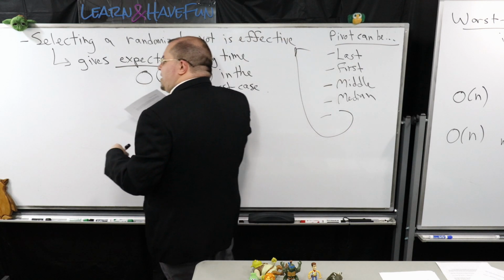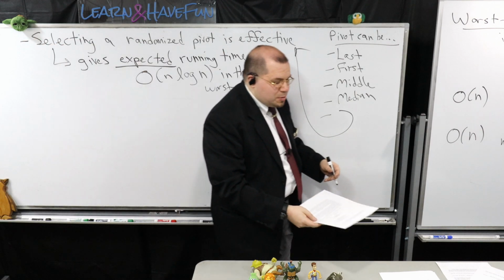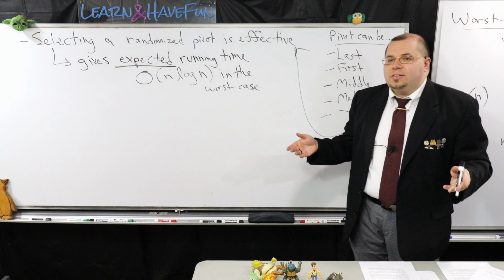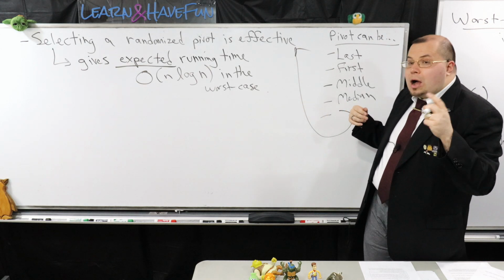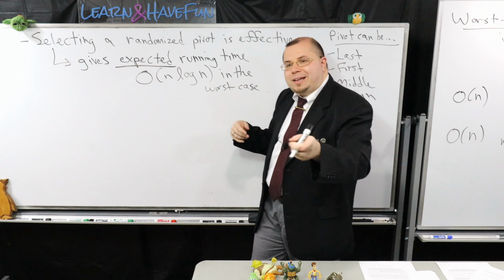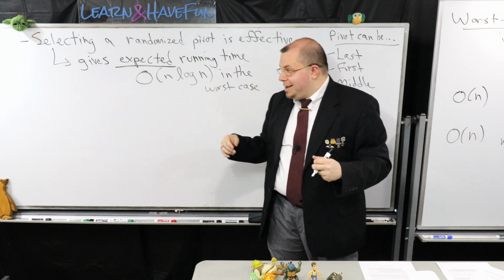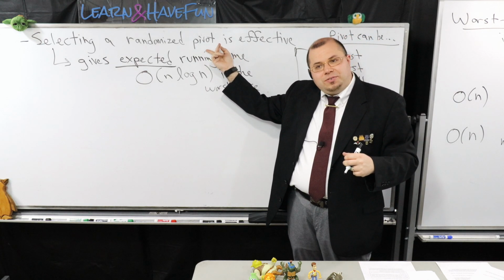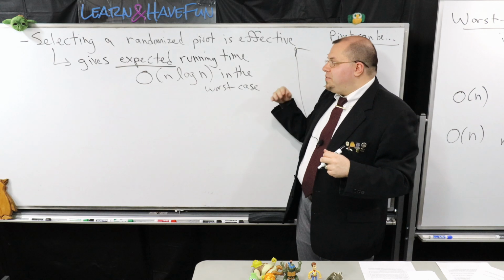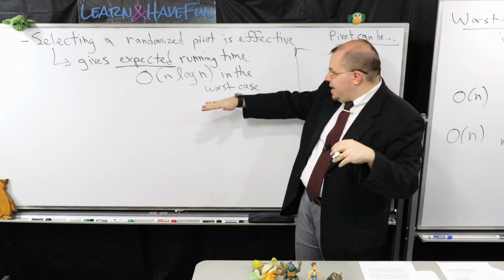So it seems like if ever you were playing a game, say a very hypothetical game, and somebody was playing a game with you, and they said, hey, look, how can I pick the pivot, given this instance? How can I outsmart the person that's going to break it into the two groups? Well, one thing statistically speaking that you could find out is that picking a randomized pivot is a good strategy for doing this. So if you do pick a randomized pivot, you should expect, in the worst case, big O